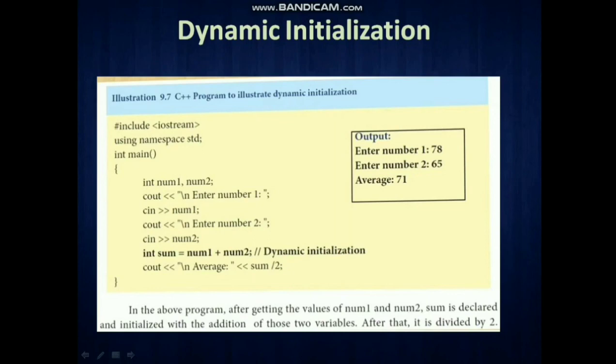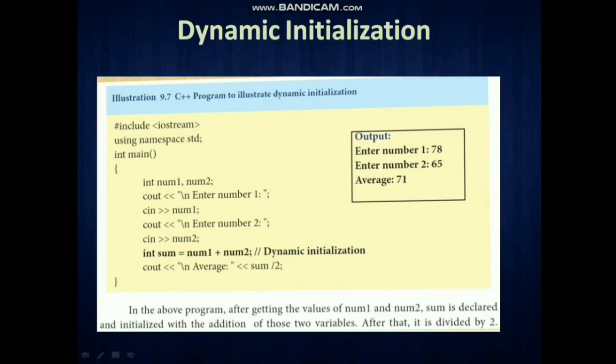Before this, they didn't declare it like that. They are using it inside the coding block. See here, before this dynamic initialization, we have four coding lines already written. After that, inside the code, we use that initialization part, which is called dynamic initialization.